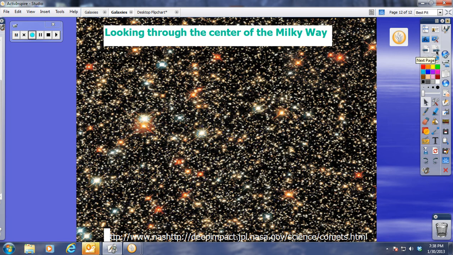And then what you see here is just a picture that has been taken of the Milky Way, and you can see there's billions of stars. You can see some look brighter than others. You can see the different colors of the stars. It's a giant universe, and as we focused on stars and as we focus on the galaxies, it's quite interesting to think about our tiny, teeny, weeny little spot here on Earth and compare it to this enormous universe that we do have.